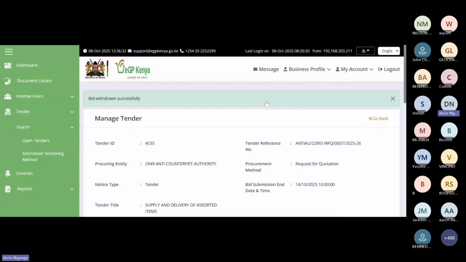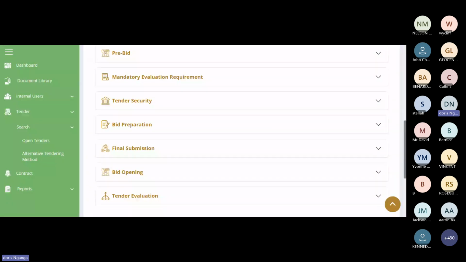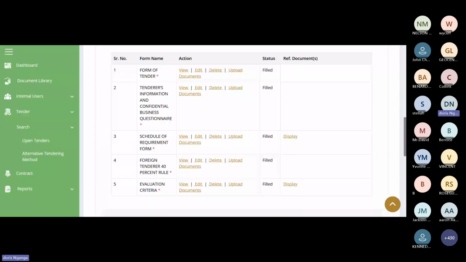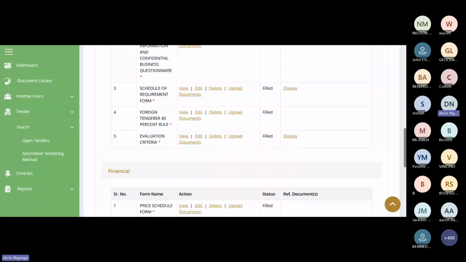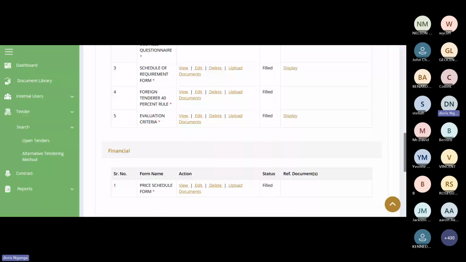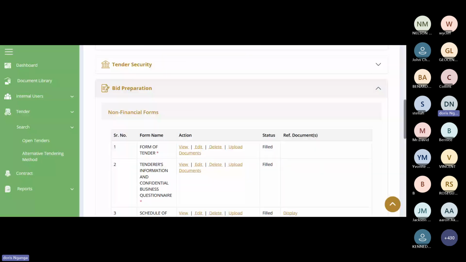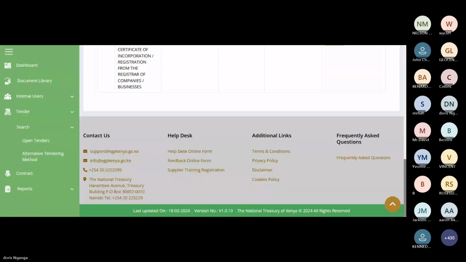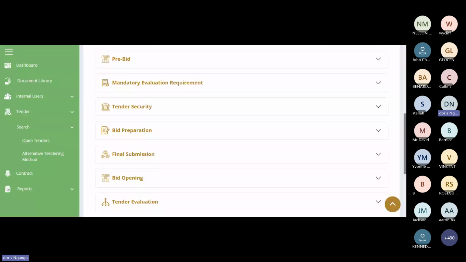And now that will give you an opportunity again to have your document and work on where you feel you are not comfortable with. You can add a document, you can edit the document, you can delete a reference document if you realized you had attached the wrong document. You can change your mandatory. It gives you an opportunity to look at your document again. And once you are satisfied that everything is now okay, you can do a final submission.